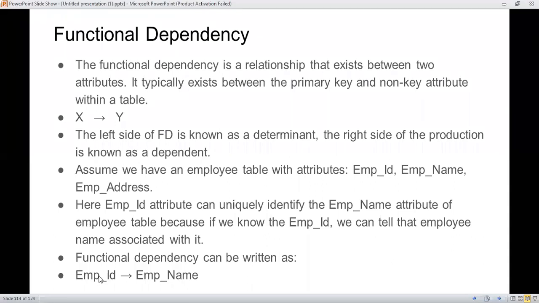If we know the employee ID, then we can identify a particular employee or employee name. Employee ID is a primary key and employee name is a non-primary key. So we write the functional dependency as employee ID arrow employee name. So this is functional dependency.